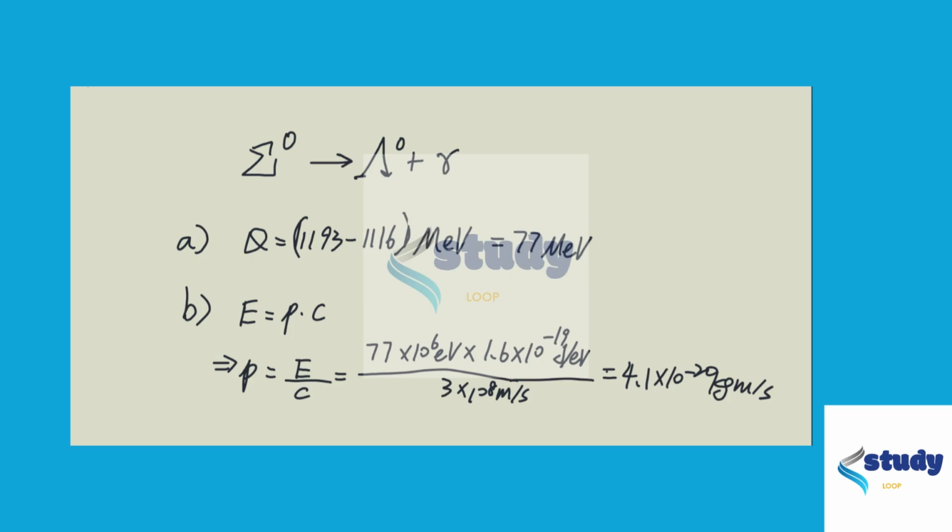And then last we ask, is it reasonable to ignore the final momentum and kinetic energy of this particle? I think we can ignore it. The reason is because this particle, if we look, has a pretty large mass, and the kinetic energy of any particle can be given by momentum squared over 2m. So if we compare the equation to the photon,